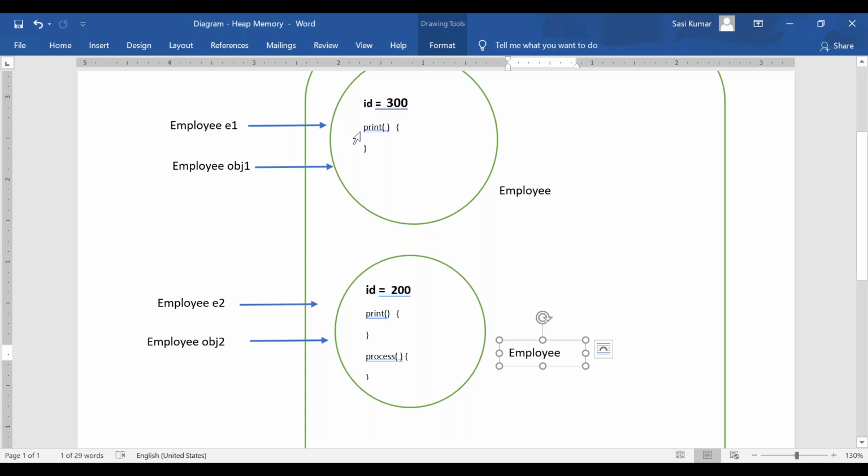If I change the first object through E1 or obj1, in any one of them, the first object will be affected. If I change through E2 and obj2, the second object will be affected.